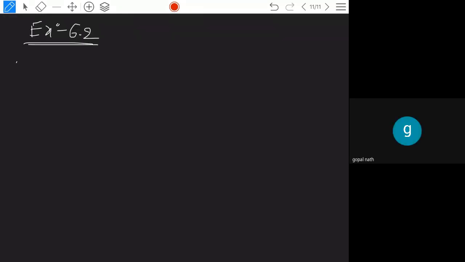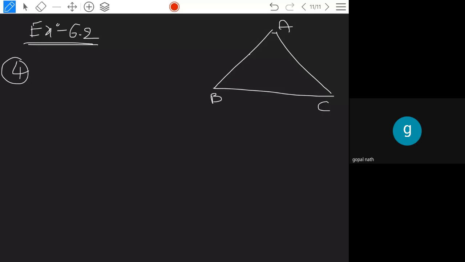Yes, sir. So now the fourth problem you see here. In this, the question is given to you. The triangle ABC is given to you. This is a triangle ABC. Now in this triangle, you draw the line DE parallel to BC, given. So you don't draw the lines in disorder. See here, DE you draw which is parallel to BC. These two lines should be parallel. So this is D and E. And also given that DF is parallel to AE.